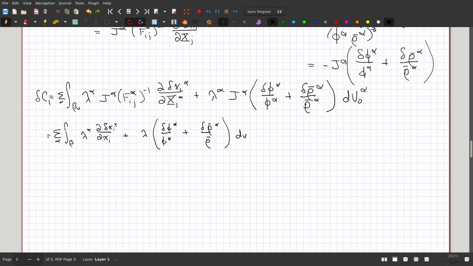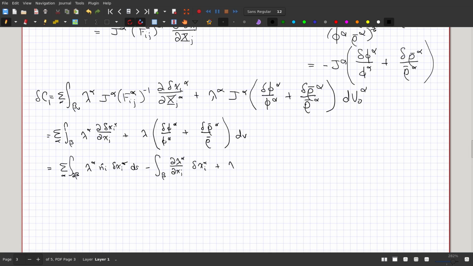Integration by parts formula, right? So what I'm going to do, again, I think I'll just write it down, and then we'll talk about it. Sum over alpha, integral over b, lambda alpha, this is integral over the boundary of b ds, and that's a little s, minus the integral of b partial lambda alpha partial xj partial x alpha i plus lambda alpha